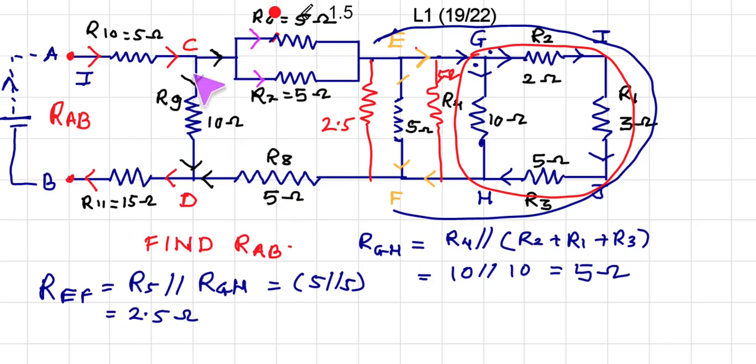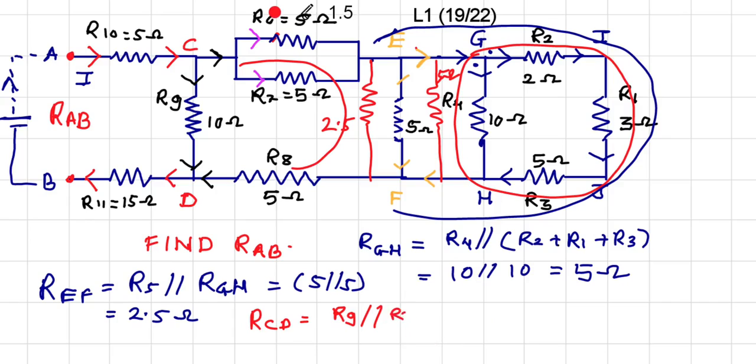So now it is parallel to CD. So the resistance between CD is this 10 ohm, that is R9, parallel to the resistance between this terminal RCD due to these three resistors, that is a parallel RCD. So here it is R9. Let us consider this parallel combination instead of RCD.